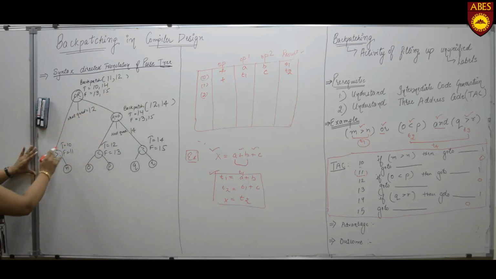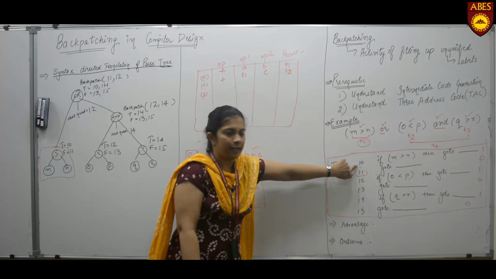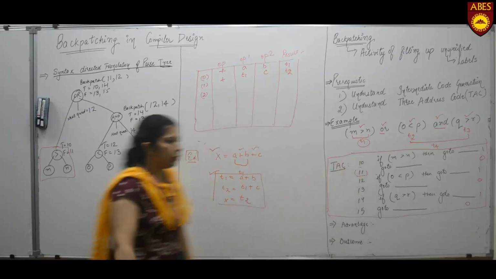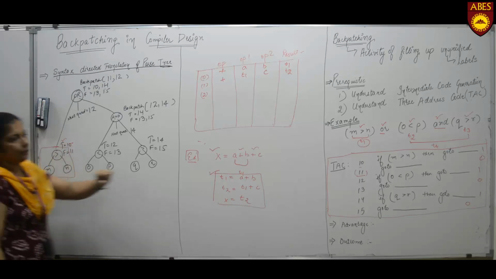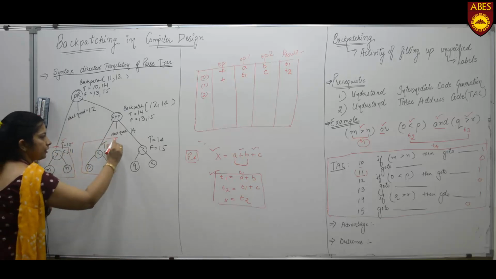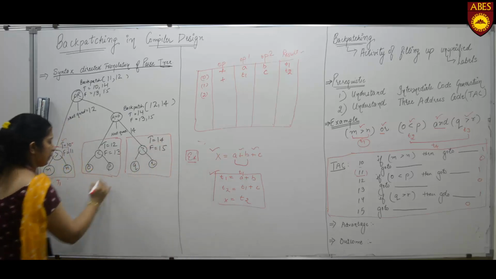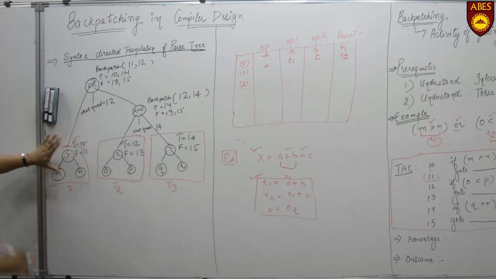Now find where this expression gets the true value and where it gets the false value. For this expression, we already explained that it gives the true value at quadruple 10. Hence, this expression T1 gives the true value at quadruple 10 and the false value at quadruple 11. Now, the same procedure has to be followed for the other expressions. This is the way we analyze where we get the true value and where we get the false value